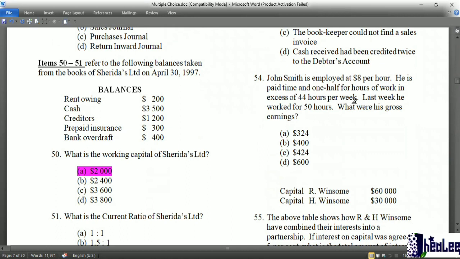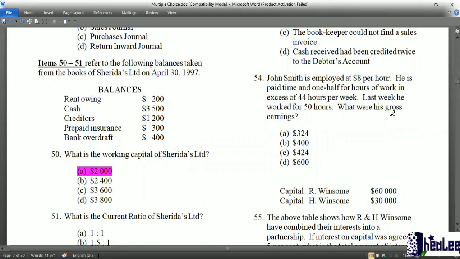So the basic hours per week there is 44 hours. Last week, he worked 50 hours. What were his gross earnings? In order for you to get the gross earnings, you have to calculate his regular pay, which would have been the $8 multiplied by the 44 hours, which is the normal hours, and that would give you